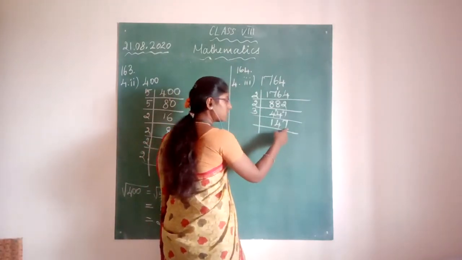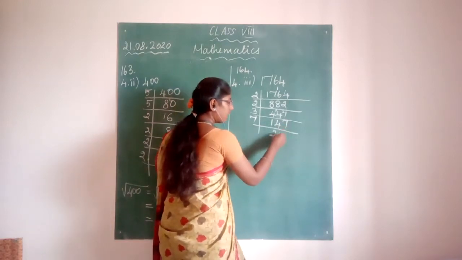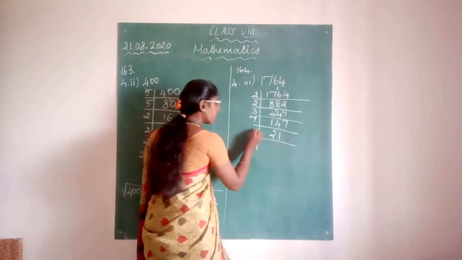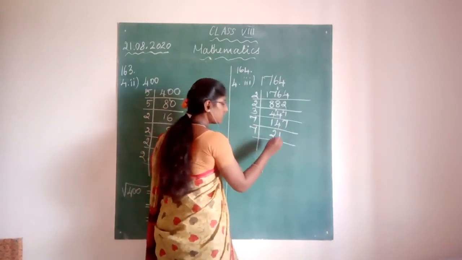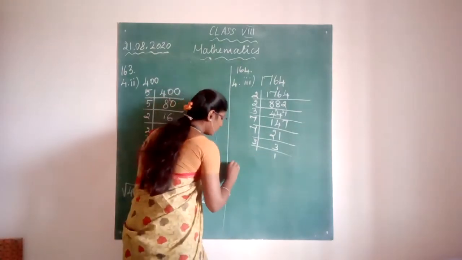Then 147 is there. So you can take 7 table. Okay. 7 2s are 14 and 7 1s are 7. Next you can take 7 table again. 7 3s are 21. Again 7 1s are 7. Okay. Now root of